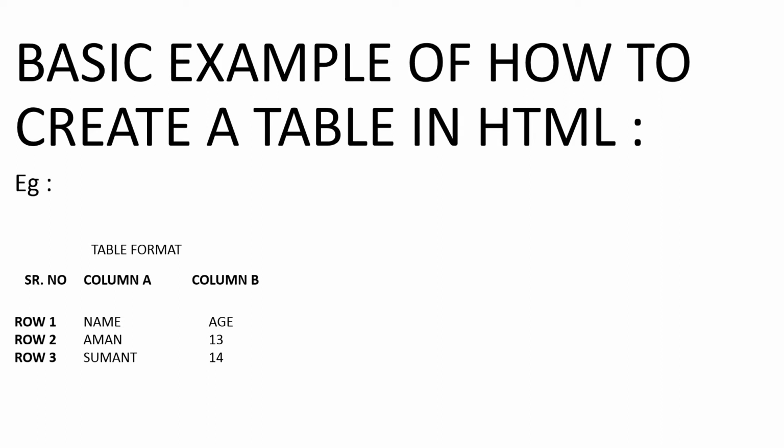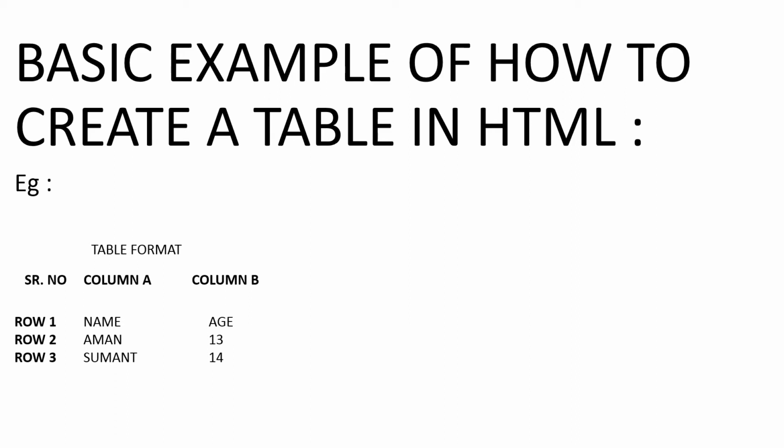Now, table format. For mentioning the heading in the HTML code, you will use the caption tag. Caption is nothing but it specifies the heading of the table. To mention this table format as a heading, you will use the caption tag. Then serial number, column A, column B is the first row, which is nothing but the heading of the particular columns, and also row 1, row 2, row 3. These 6 cells are the headings of the columns and rows.